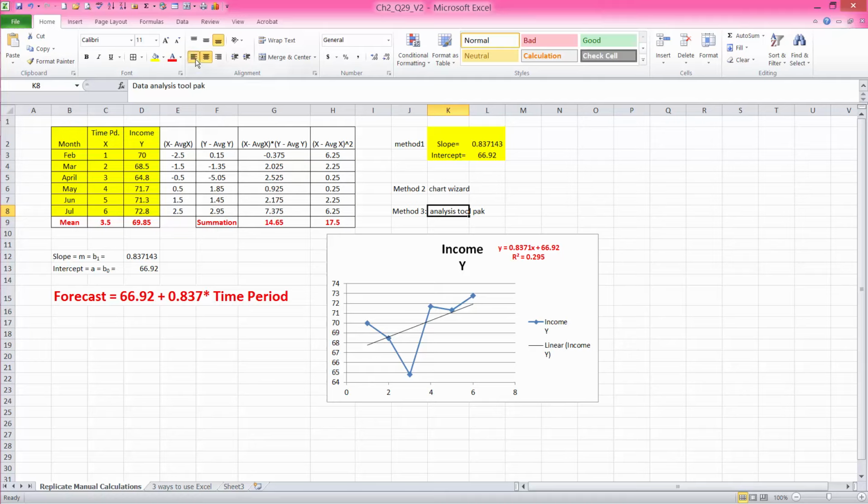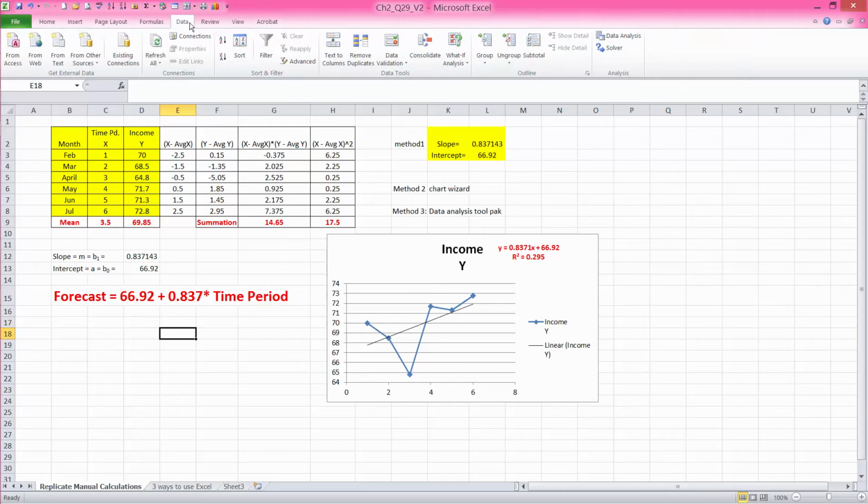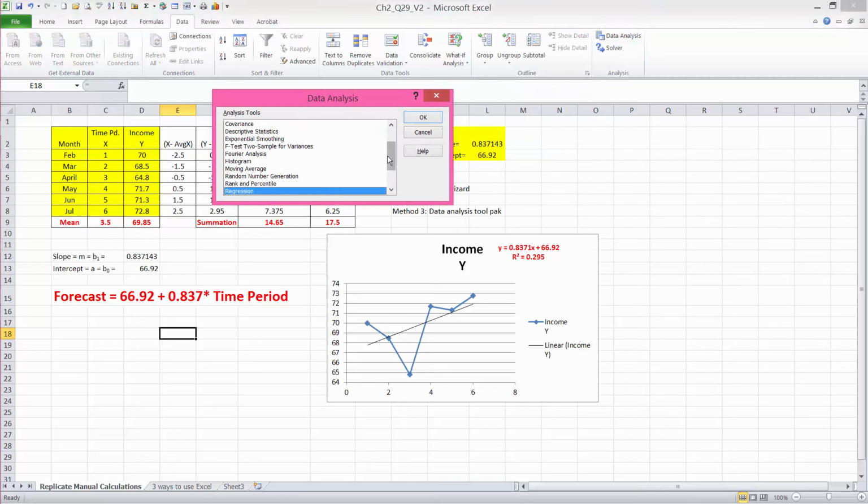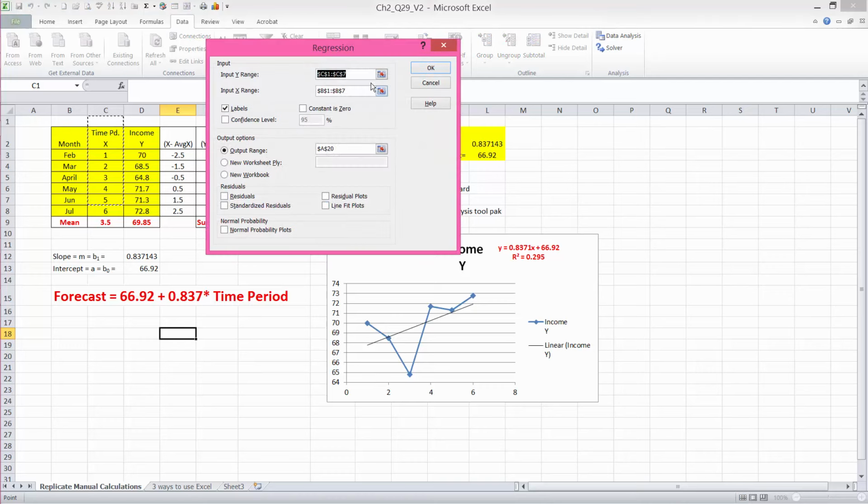So in order to use that, you go to data menu. Assuming you have activated the data analysis toolpack, or you have gone through options and you have made it available, you click on data analysis toolpack, go to regression, click OK,